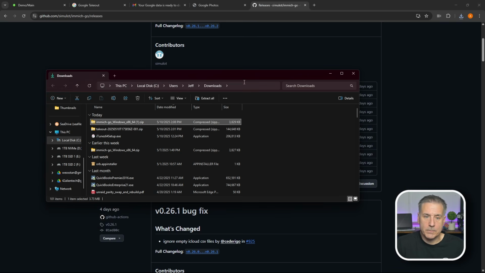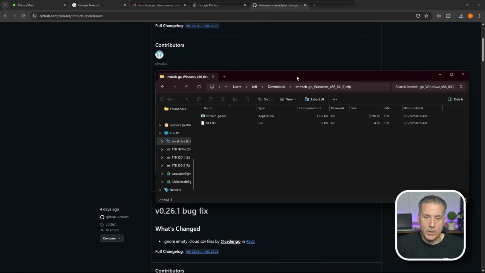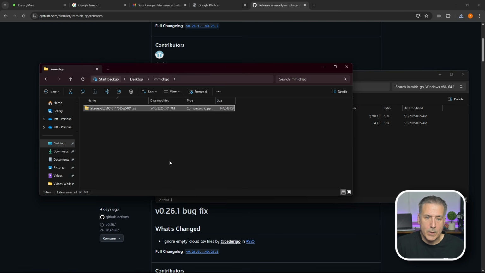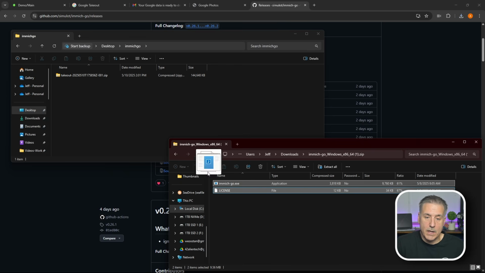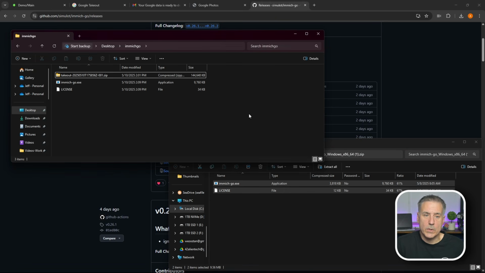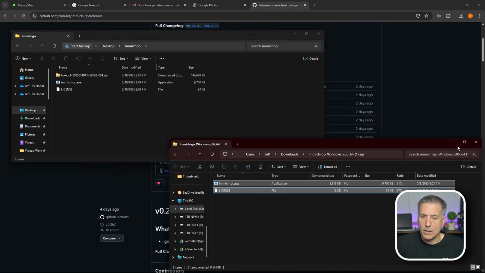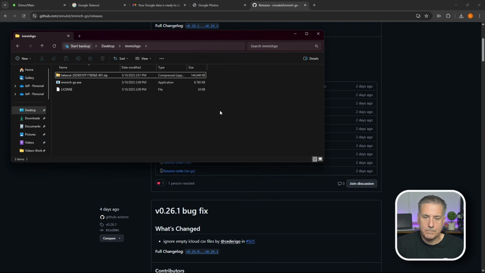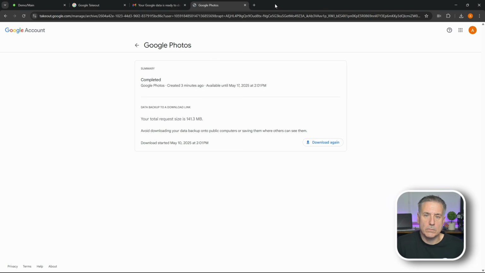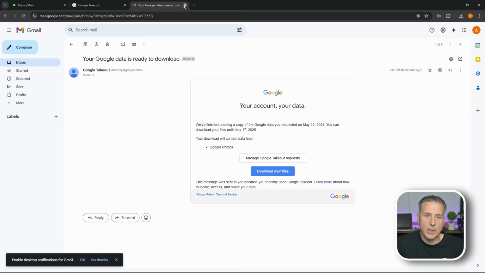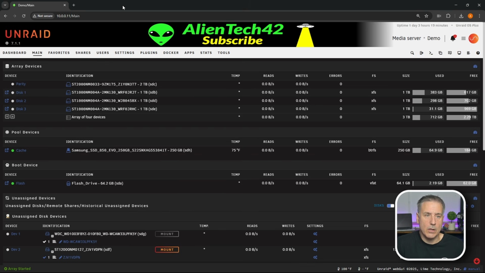So I'm going to open up the folder, find it here. This one is zipped. Let's go ahead and open that up. I'm going to get my other window open here. Immich-Go folder, there we go. Then I'm just going to select both of these files, copy them in here. Once they're in there, you can go ahead and close out the zipped file that we had for Immich-Go. You can close out the GitHub site, Google Photos you can close out, email you can close, Google Takeout you can close that. All right, at this point we're almost ready to import,